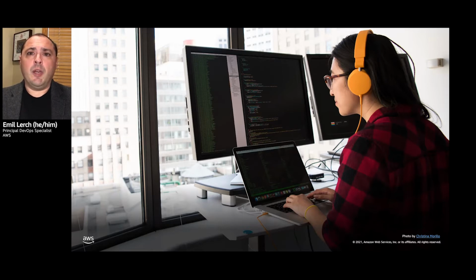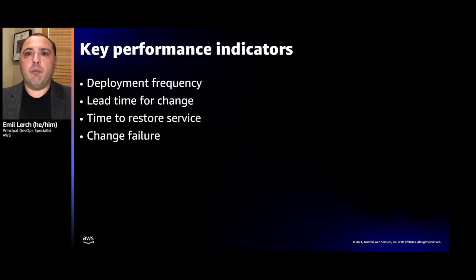So in order to help assist Kate with her job, we really want to look at a few different key performance indicators, both for Kate and for the rest of her team. We want to look at things like deployment frequency. Deployment frequency is important for Kate's team. As Kate makes changes and the rest of her team makes changes, we want to make sure that all those changes can go into production as quickly as possible. And the way to do that is to parallelize our deployments and have a really high deployment frequency. So we will be watching that metric in detail as the team develops the application.